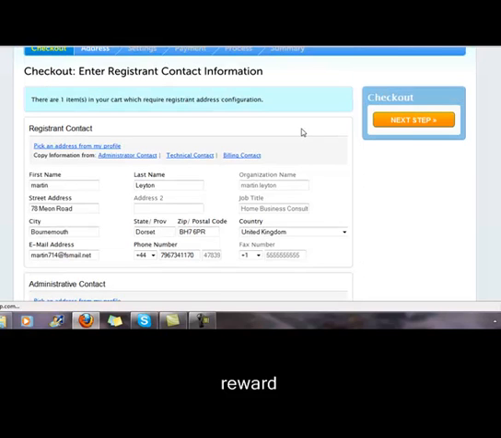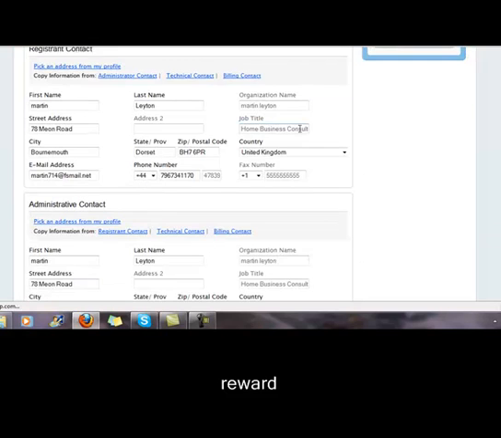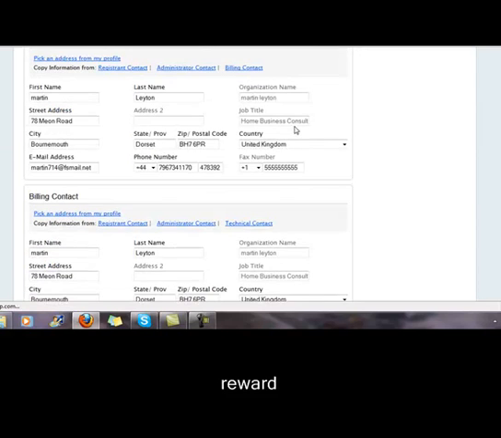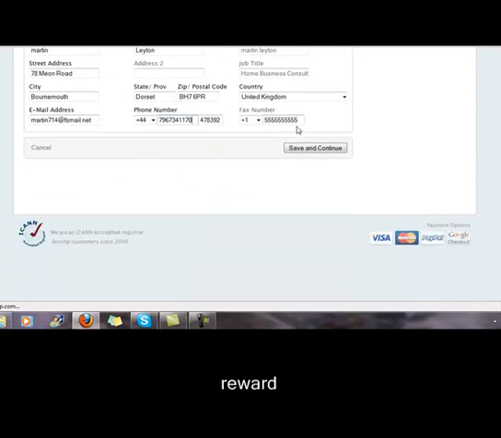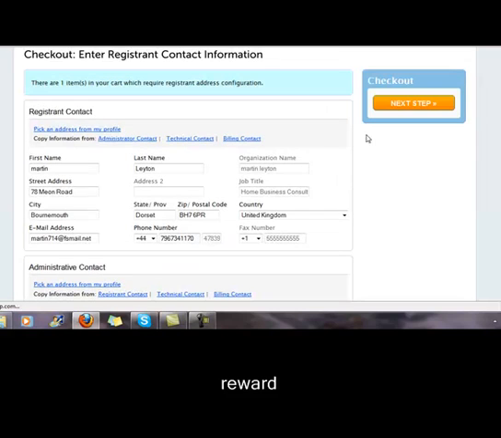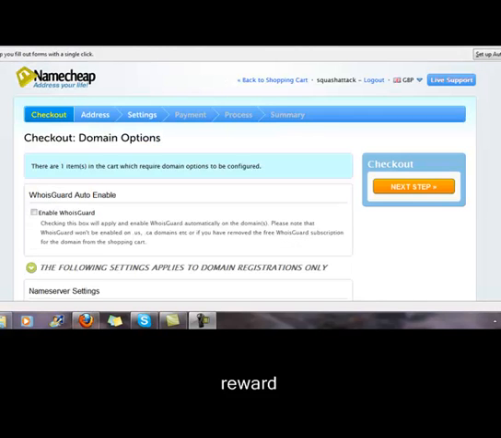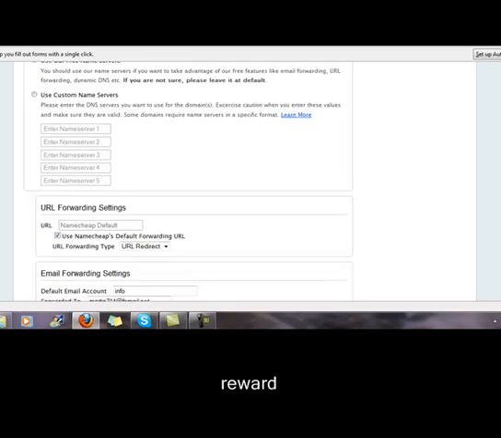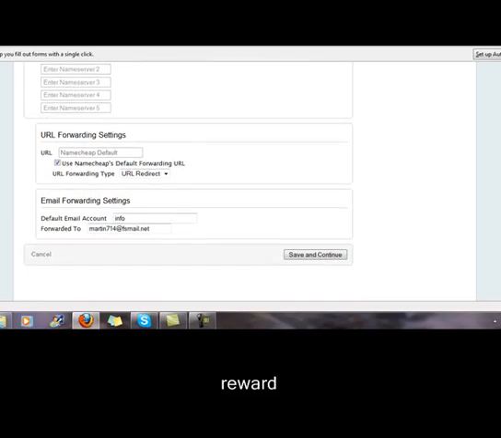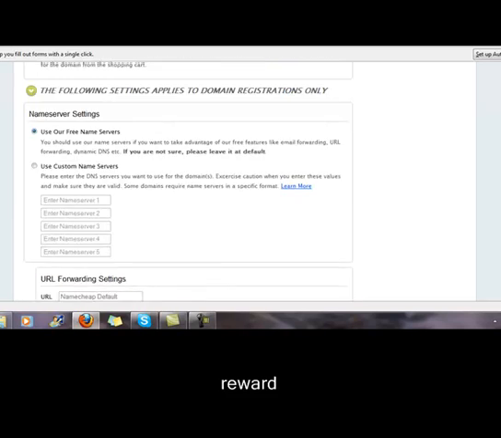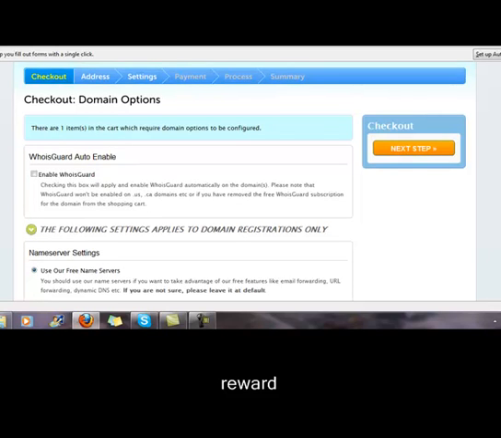Okay. I think that seems to be alright. It seems to be taking a long time. So while that's doing that, I'll just pause for a minute and come back to it when it's complete. Okay, so we've reached this page. You don't need to worry about this at the moment. What I would do is go to the next step,